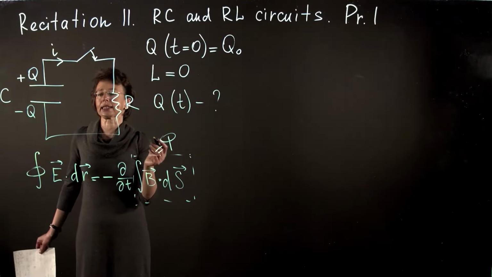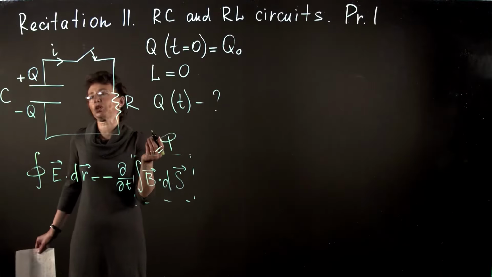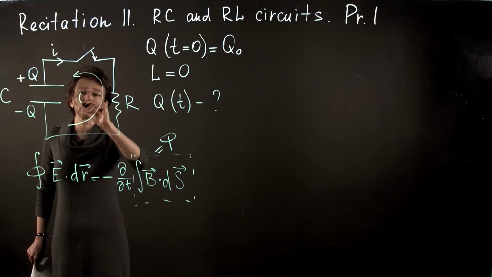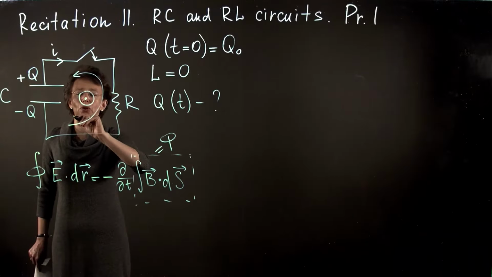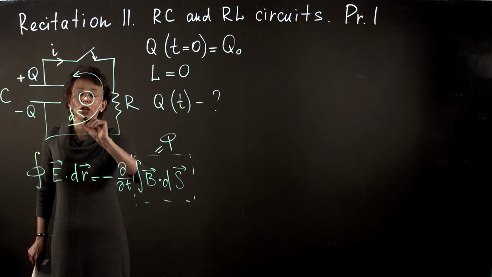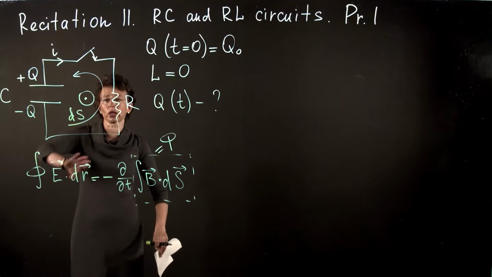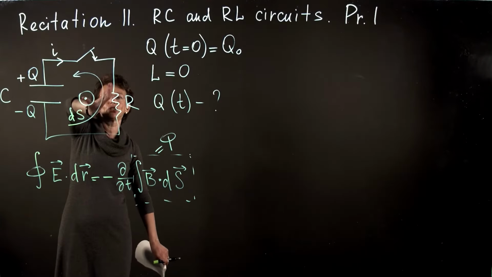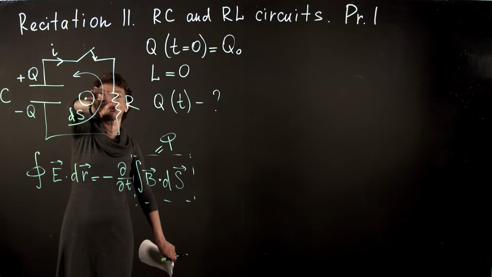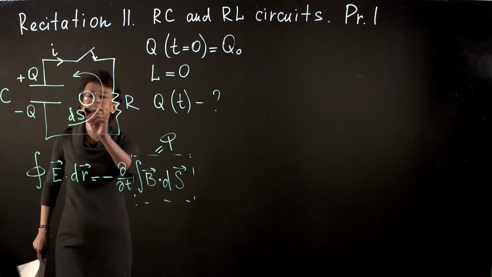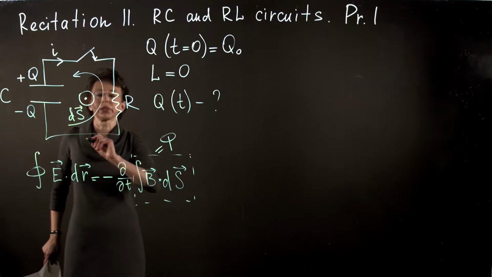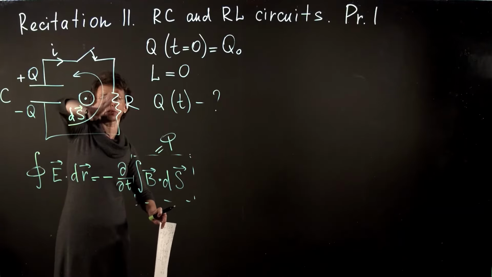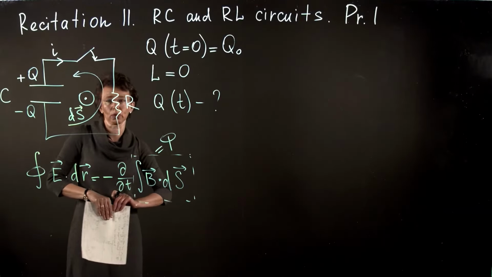Then, what's next? Now I need to choose the direction in which I go around the loop. We always go in the counterclockwise direction because we follow the convention and the notations in your textbook. So I go in the counterclockwise direction. You use your right hand, you bend your fingers, and your thumb shows the direction of ds, that is out. And this shows the direction of dr. So we go around the loop in the counterclockwise direction.